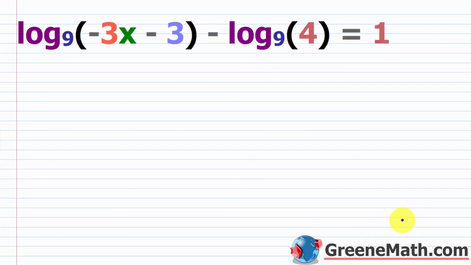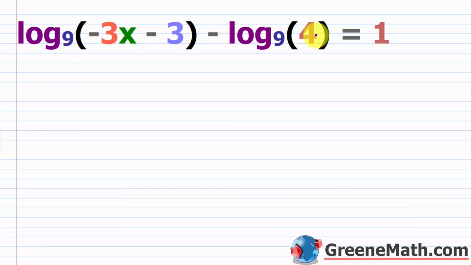Let's go ahead and look at one more example. Again, this is a very easy topic. Most of these can be solved within just a few minutes. Usually the checking is what takes the longest because sometimes you run into some messy things that you have to work with. All right, so we have log base 9 of negative 3x minus 3,